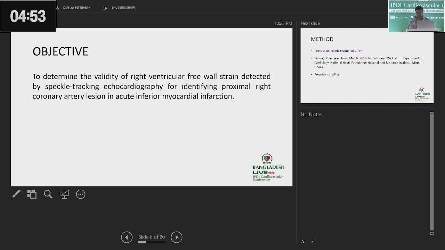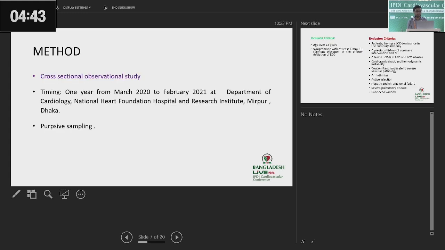So what was the objective? The objective was to determine the validity of right ventricular free wall strain detected by speckle-tracking echocardiography for identifying proximal RCA lesion in acute inferior MI. It was a cross-sectional observational study which was conducted in the Department of Cardiology of National Heart Foundation Hospital and Research